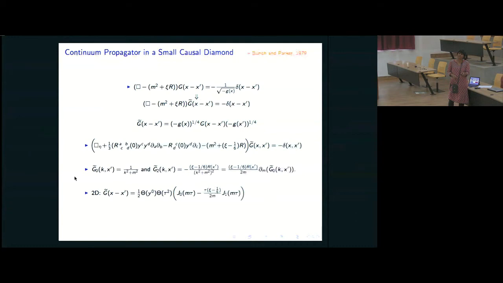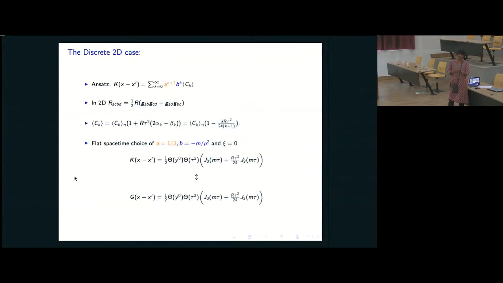The continuum propagator in 2D was written down by Bunch and Parker in momentum space, and you can write it out in position space, and it has this form. It turns out that the same ansatz you had in flat spacetime also works in the curved spacetime case. In other words, these 2 expressions match exactly. So what we find is that this very simple hop and stop procedure of constructing the scalar field propagator in 2 dimensions works equally well in curved spacetime.